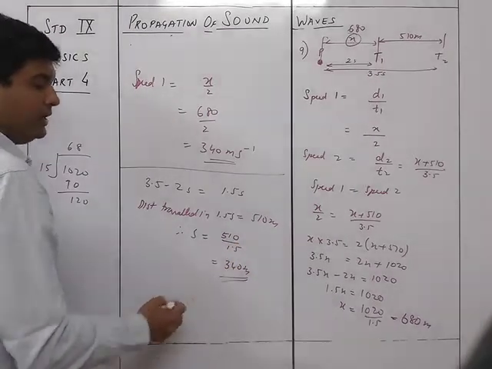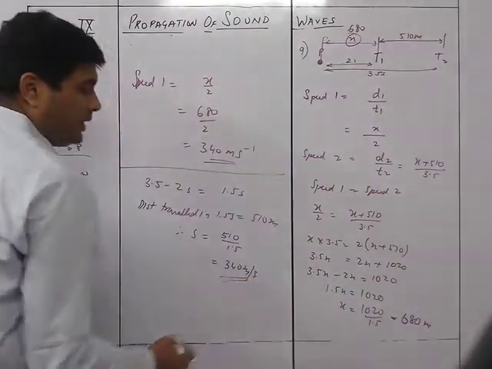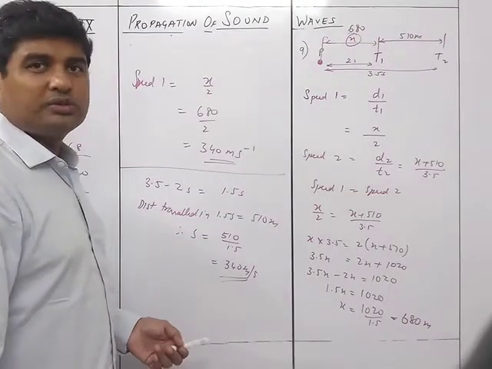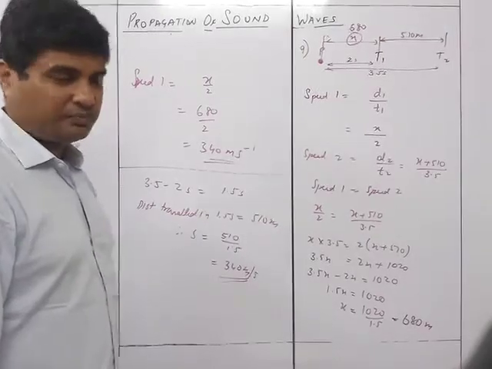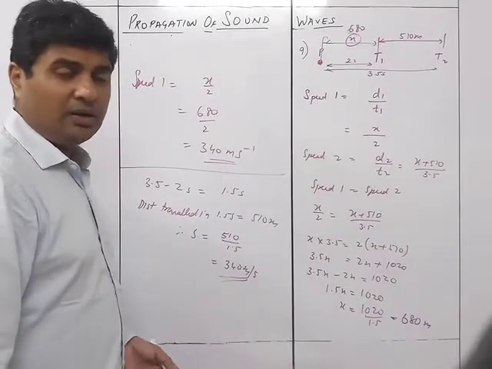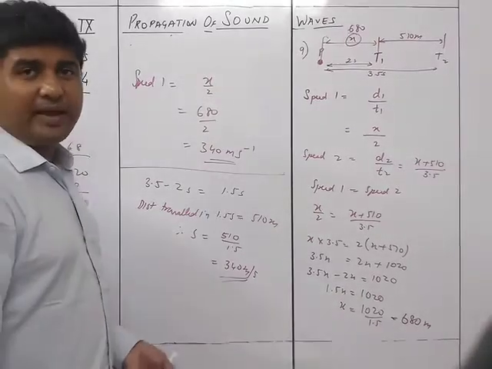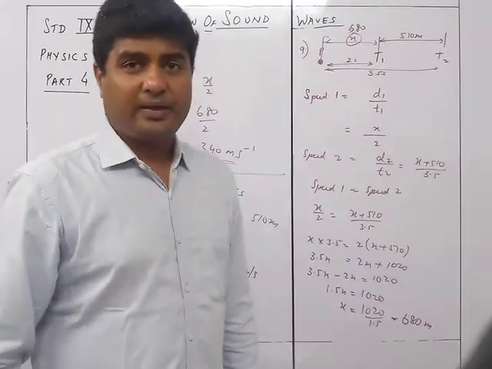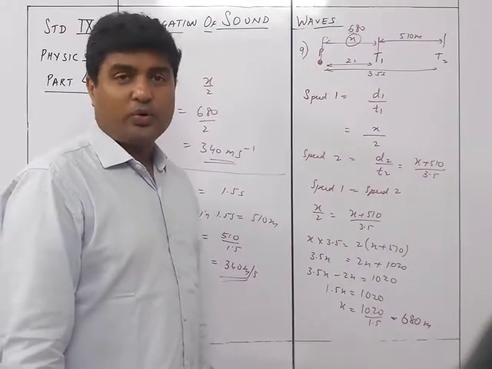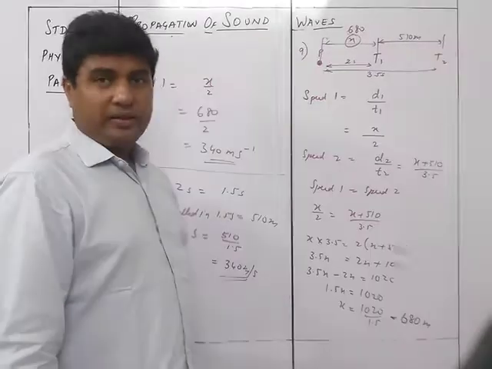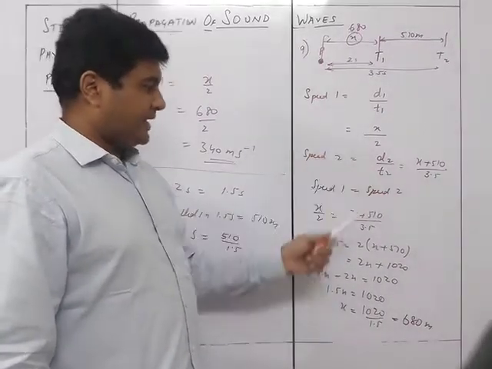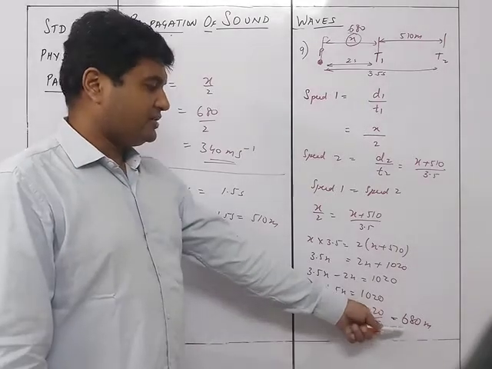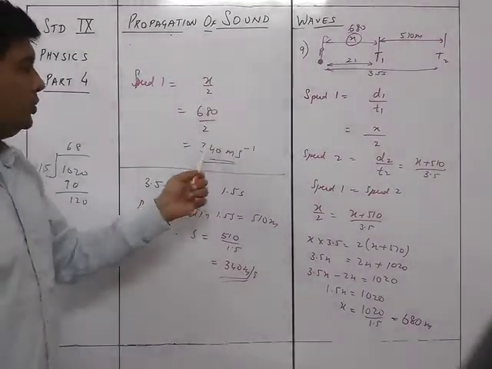This would definitely be very easy, but I had seen earlier that one school rejected this particular kind of answer. So instead, it is better that you frame it like this. There is no reason for cancelling this out, but I don't want to take the risk, because it's board exams now. If by chance a board marks wrong because of a particular method, I don't want that to happen. So that's why we are taking it this way: speed 1 is this one in meters per second, speed 2 is this one, and the difference is here. We get the value of x as 680, so automatically speed 1 is x upon 2, so 340 meters per second.